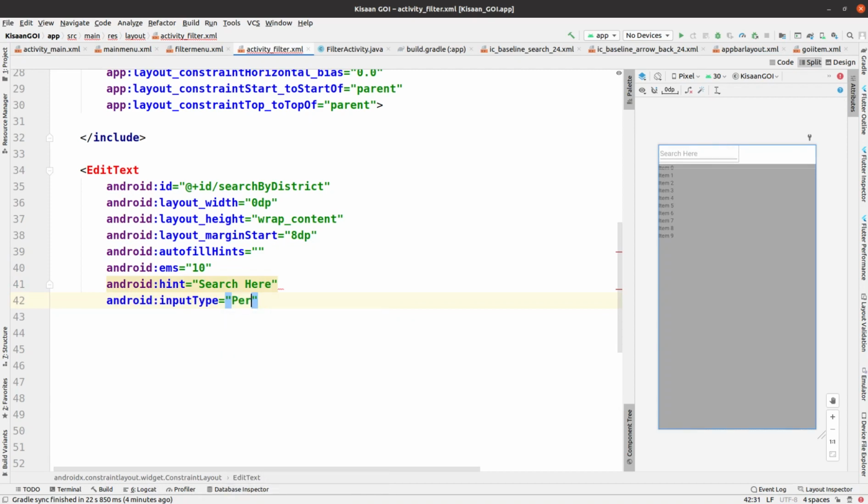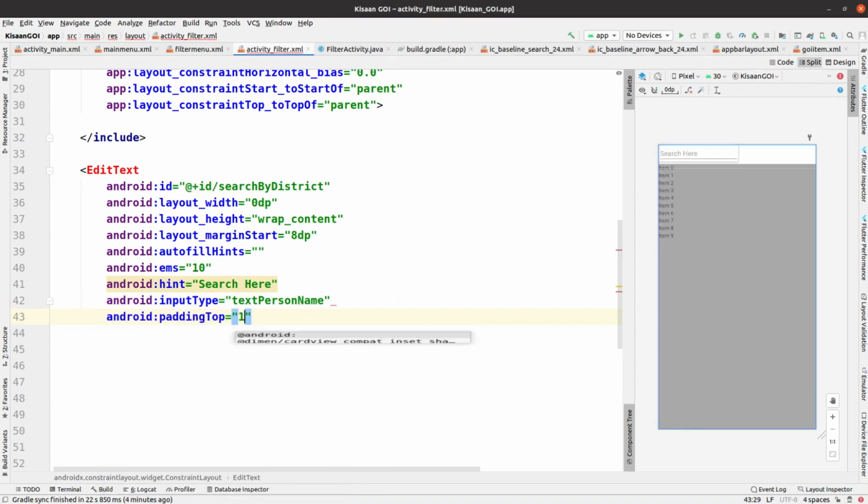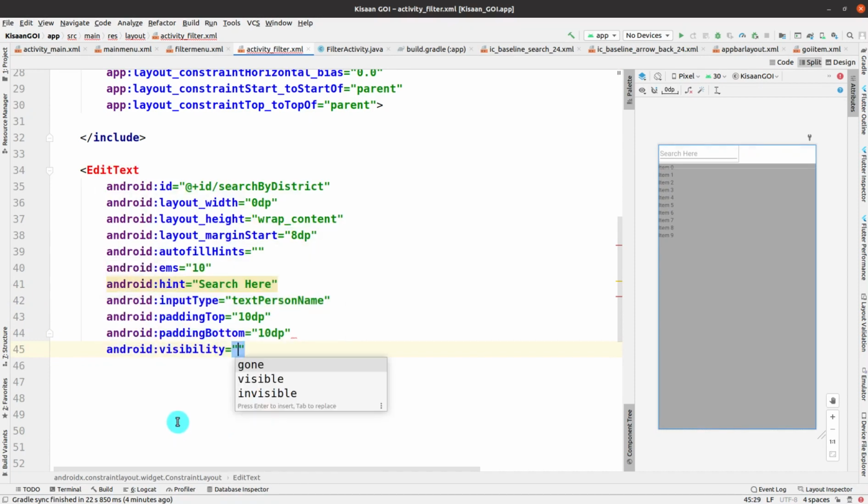You can see on the right side of your screen the implementation is being converted into the design part from the code, and input type is text person name, and then padding from the top is 10 dp, and padding from the bottom is also taken as 10 dp.